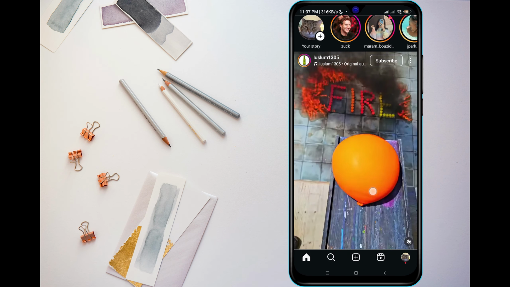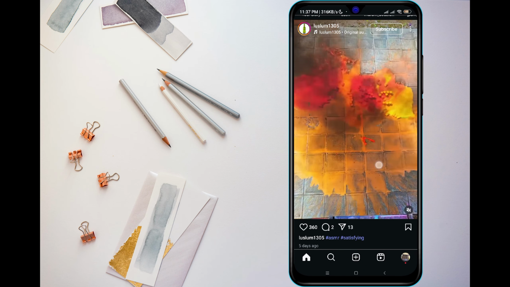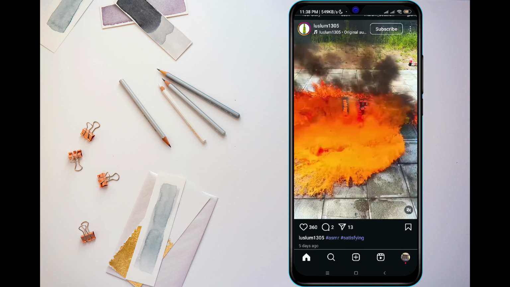Hey everyone, if Instagram filters aren't working on your Android device, don't worry, I'll show you how to fix it